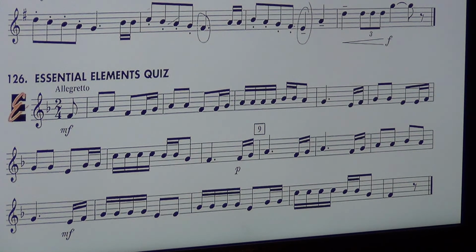Okay? Finger silently. Here we go. I'll play it for you. 1, 2, ready, and...